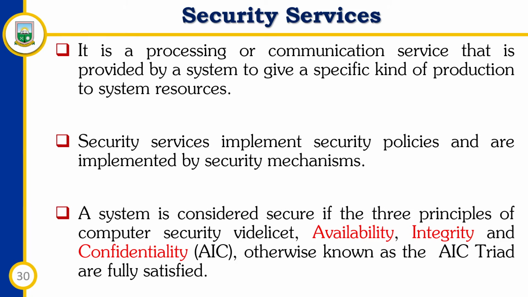It is sometimes also referred to as the AIC triad, and other times it is referred to as the CIA triad. CIA is the same abbreviation, but because CIA is known in the US, and we don't want to conflict with it,